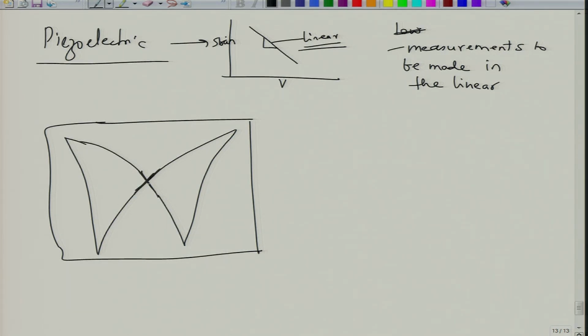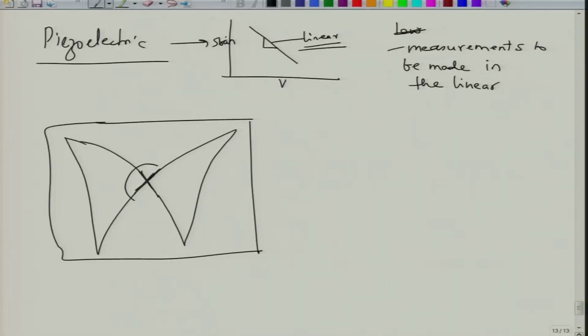So, if you measure at very high fields, you may get nonlinear region. So, you have to ensure that you make measurements at low fields. So, low field measurements are required to make the measurement of indirect piezoelectric coefficient. Similarly, low force measurements will be required to make the measurements of direct piezoelectric coefficient. So, basically you are looking at the linear region measurements.